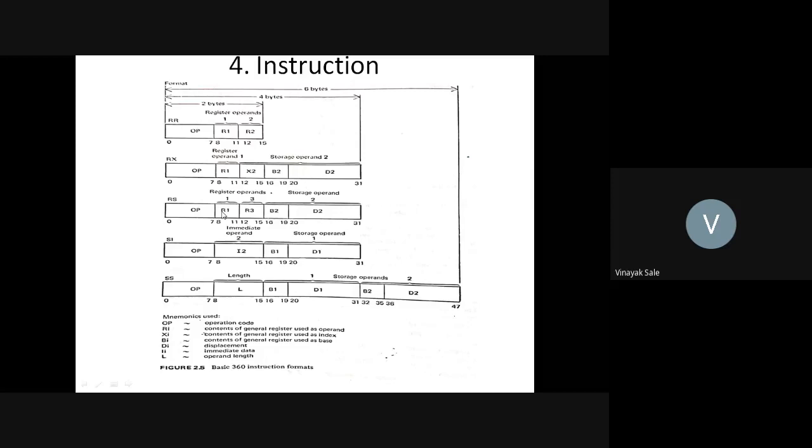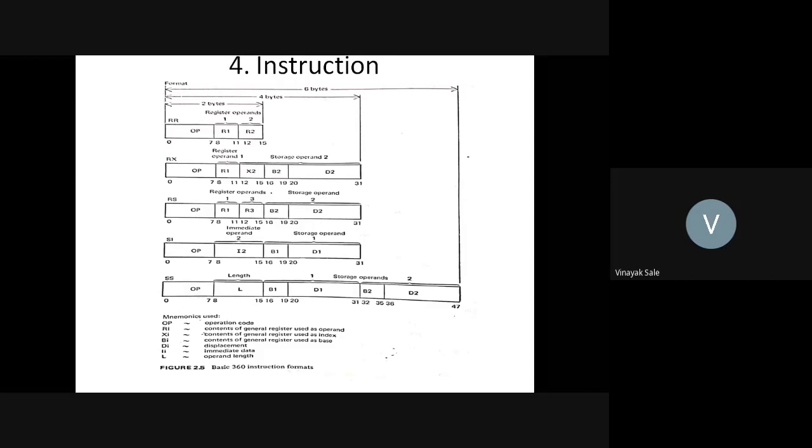First, a register r1, then register r2, that is, register r2 is a base general register, and it is a combination of the general register as a base and the general register as data, that is a displacement. And there is another one, the r3 register, which is used for storing purposes.